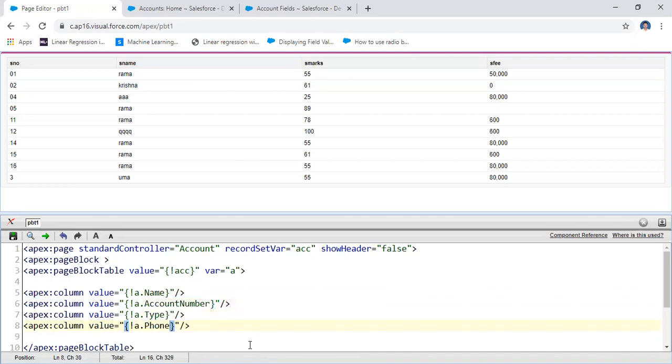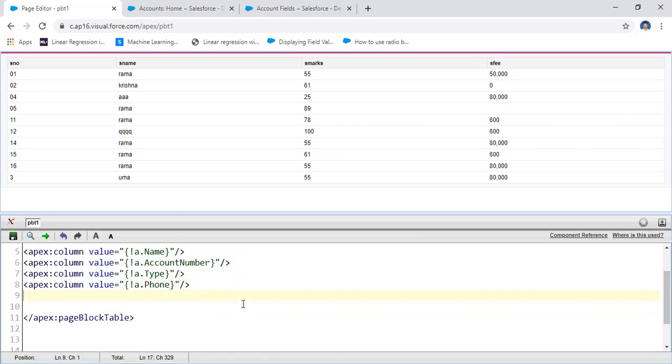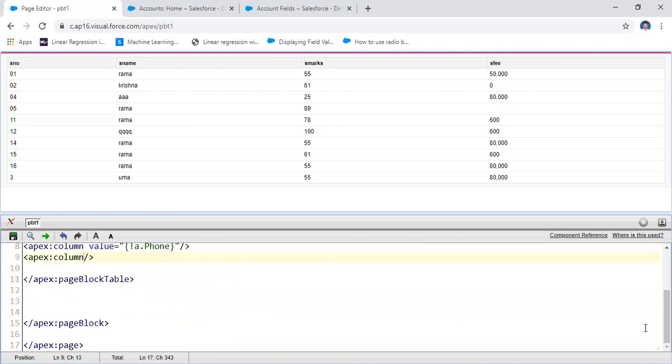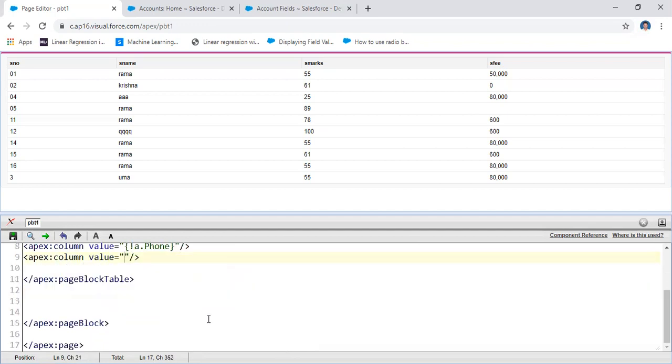Here, I need this information. If you require more information, you may get more. That means I need some other information, for example, apex colon column. This particular column consists of a value. The value here is a string.